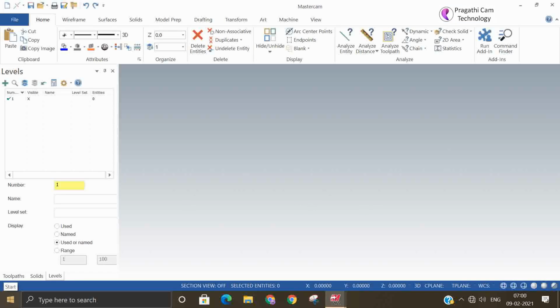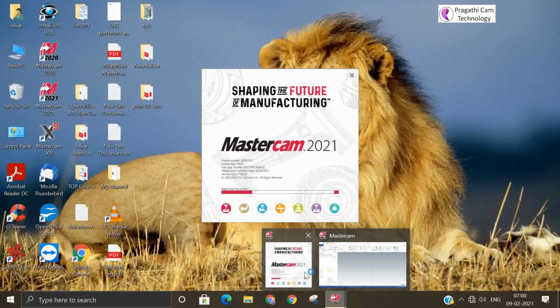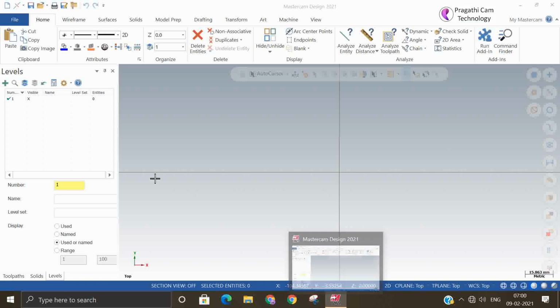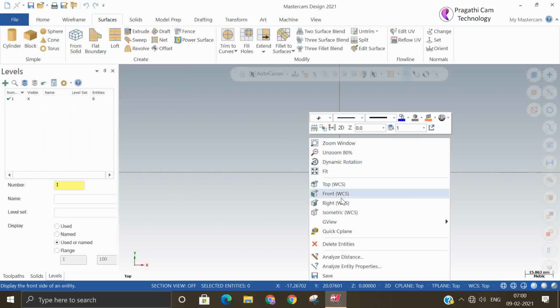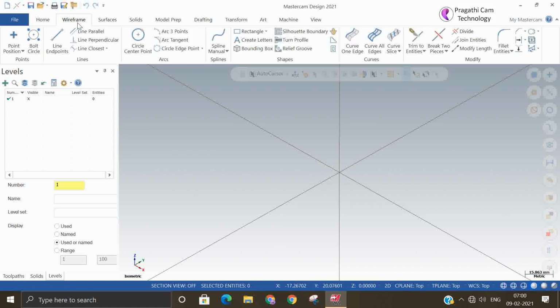We have not saved anything, so you have to make it again, I think so. Okay. Now we'll go to surface, extrude. Otherwise, we'll not go to primitive. We'll make it our own.